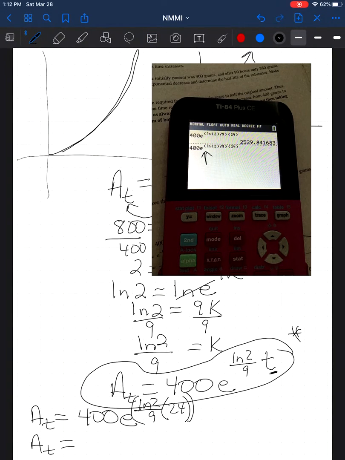Second ln to get this. And then you just put this in for the exponent. So you notice I put in ln of 2, close the parentheses because that's all I'm taking the natural log of, is 2, divided by 9, and then that whole thing times 24. Okay, then hit enter and you'll get this for the answer. So A(t) is equal to